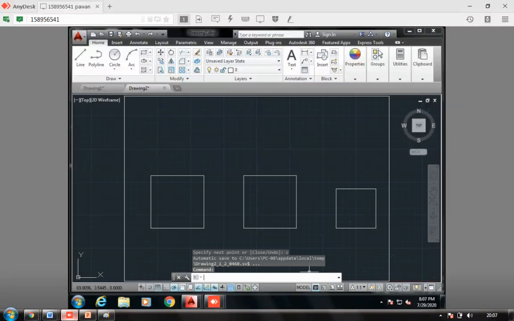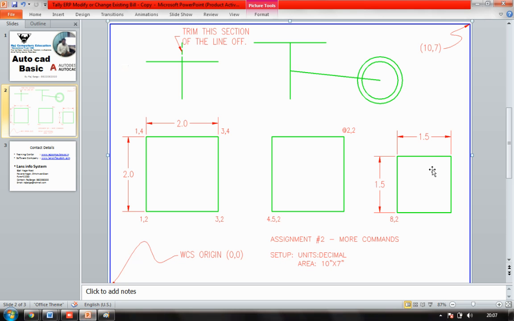Fine. So you might feel this is a little bit complex, but it is not really complex. You only have to understand how things are going to work. Now I have to know what is the distance here, and how I can get the center of this. To get the center, I should know the distance from this point or this point. How it is to be understood. So this is the center of this.